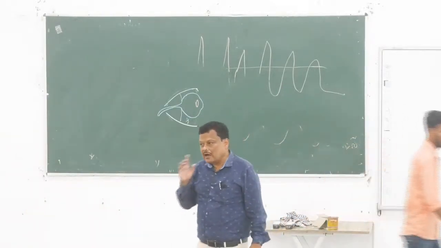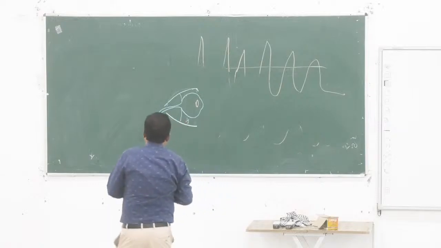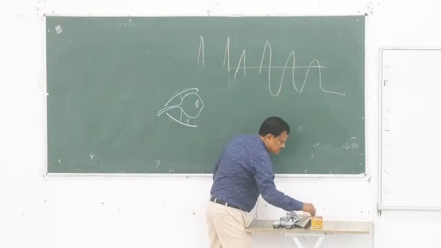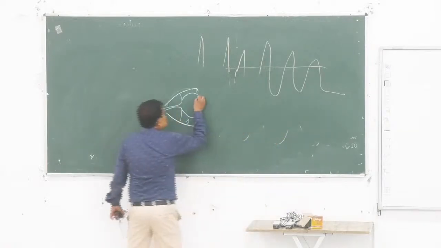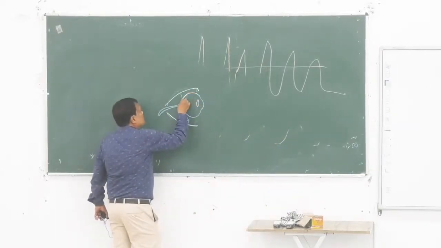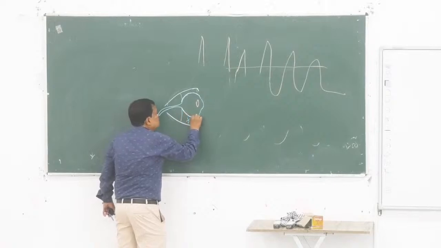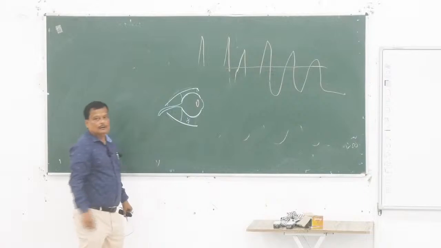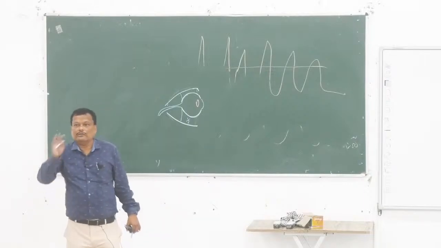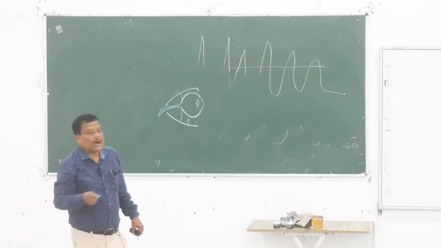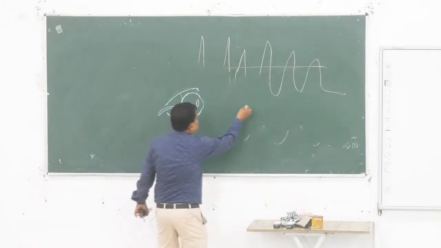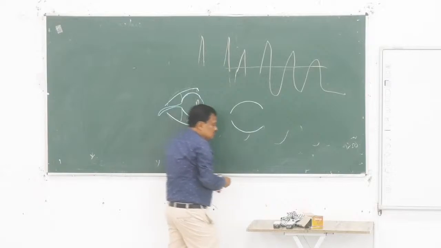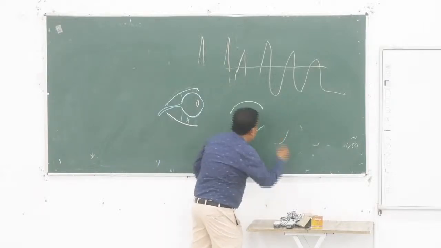Gone. Now I will say another thing. Already in your CBSE or higher secondary class, do you know there are three coats of the eyeball? Outer coat is sclera, which is continuous anteriorly with the cornea. There are three coats of the eyeball. Outer coat is the sclera, the white of the eye, which is continuous with the cornea,